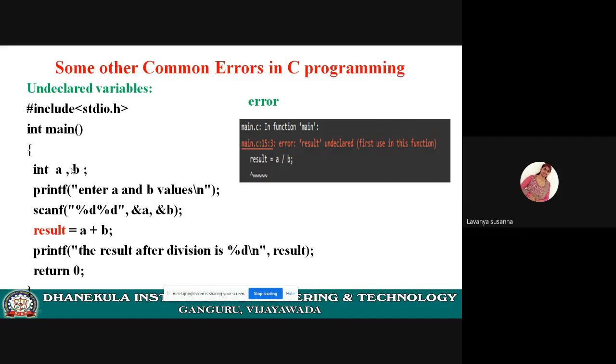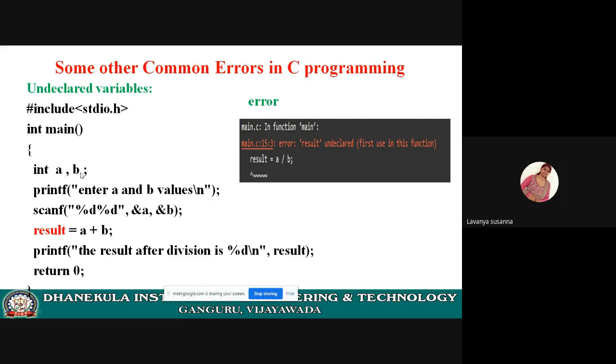See the first statement. Remember, in the main function, the first statement must be declaration. Whatever variables you are using in the program, you must declare all of them in this first declaration statement. See, you have declared int a comma b, but you are using result. Result is a variable which will store the result value, but you are using this variable and not declaring it. In the first statement you have to declare a comma b comma result, but you have missed result.